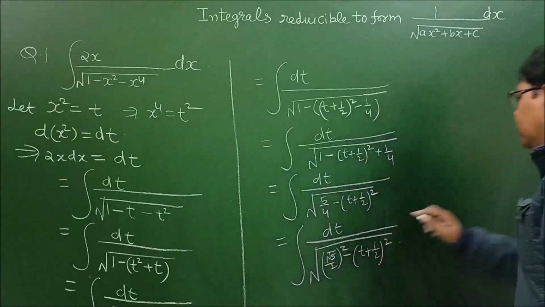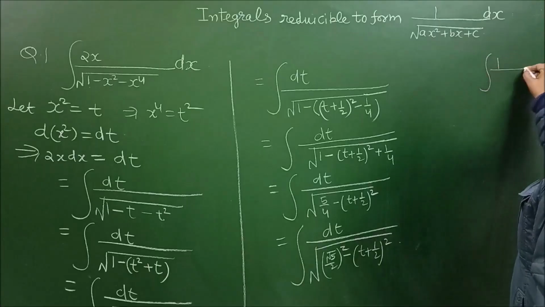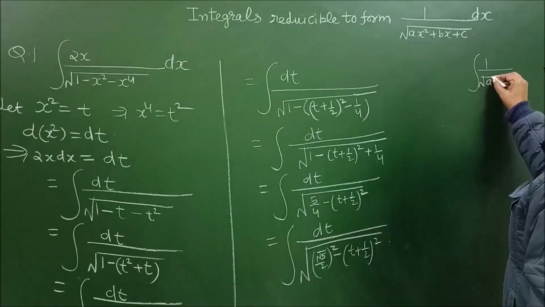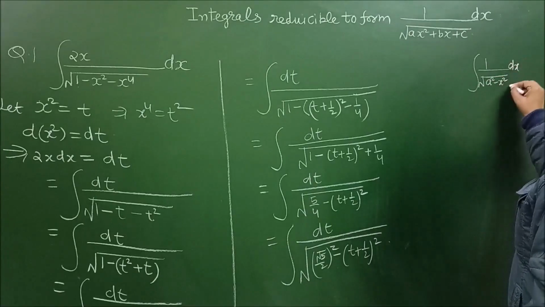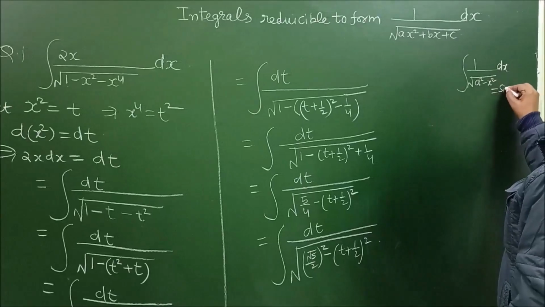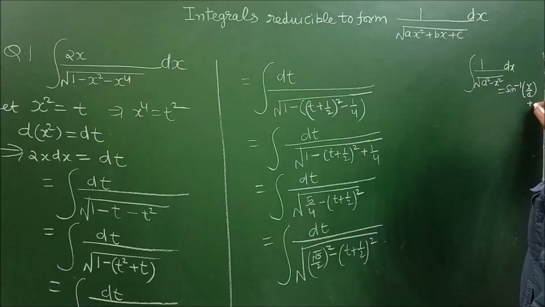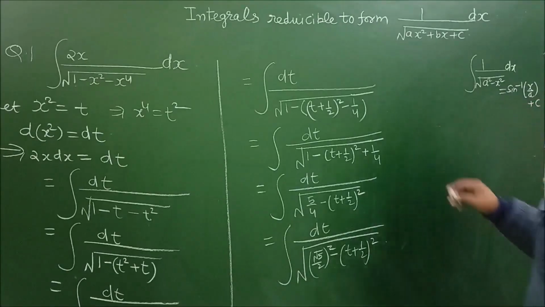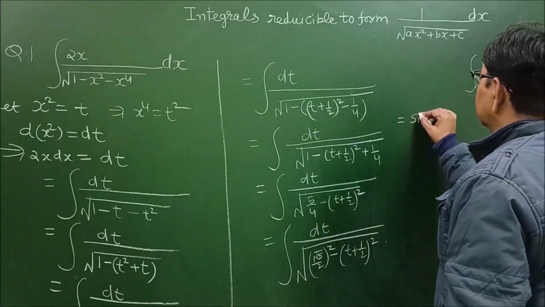Now this integral is of the form integration of 1 upon under root of a square minus x square dx, which is equal to sine inverse x upon a plus c. So this is of this form, so I can write this is equal to sine inverse